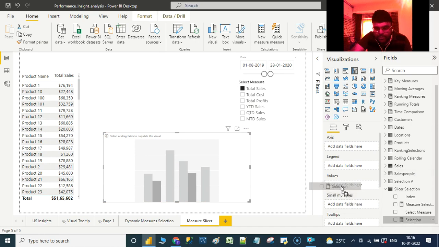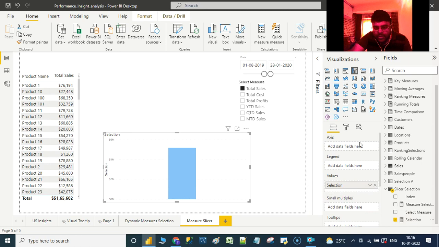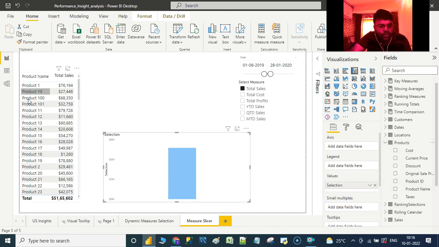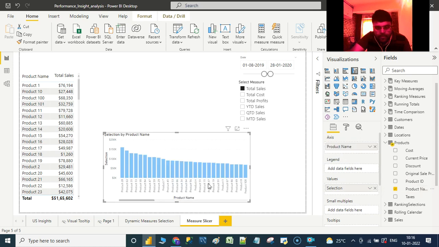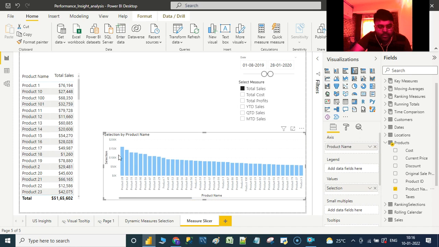Now let us take the dynamic measure selection and put it under values. Now under axis, let us take products, same as whatever we have here. Now you would find everything dynamic.